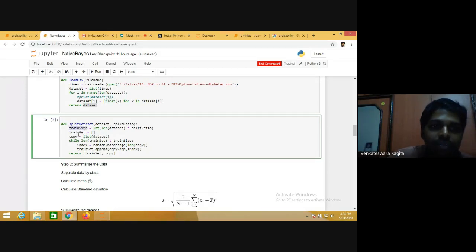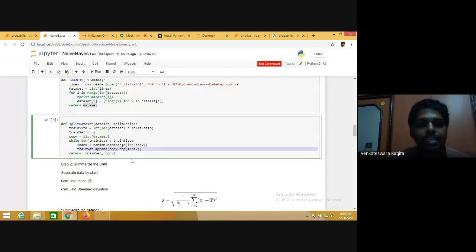We randomly select this number of instances, train size, for the train set. Initially the train set is an empty set. Then while the train set length is less than the train size, we randomly select instances from the dataset and append them to the training set.